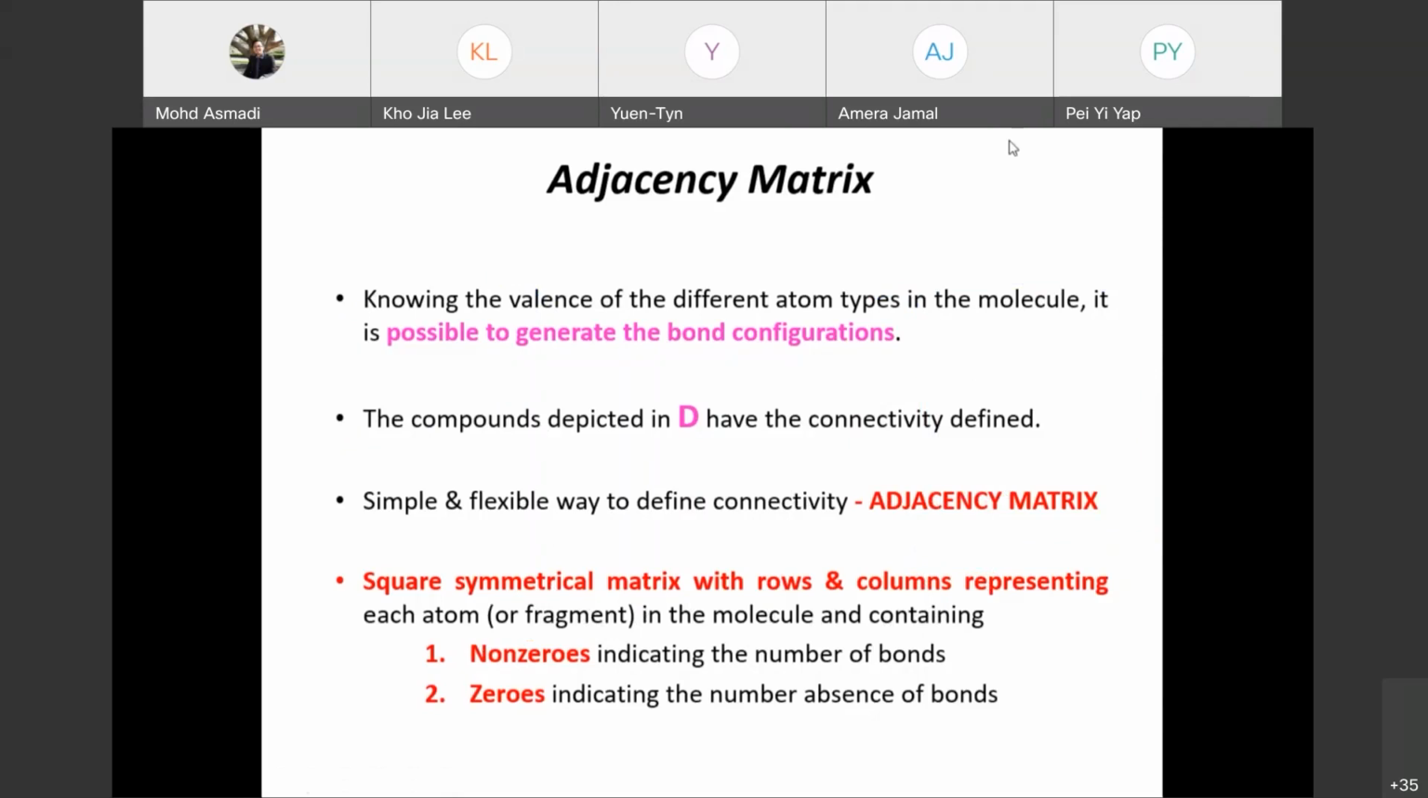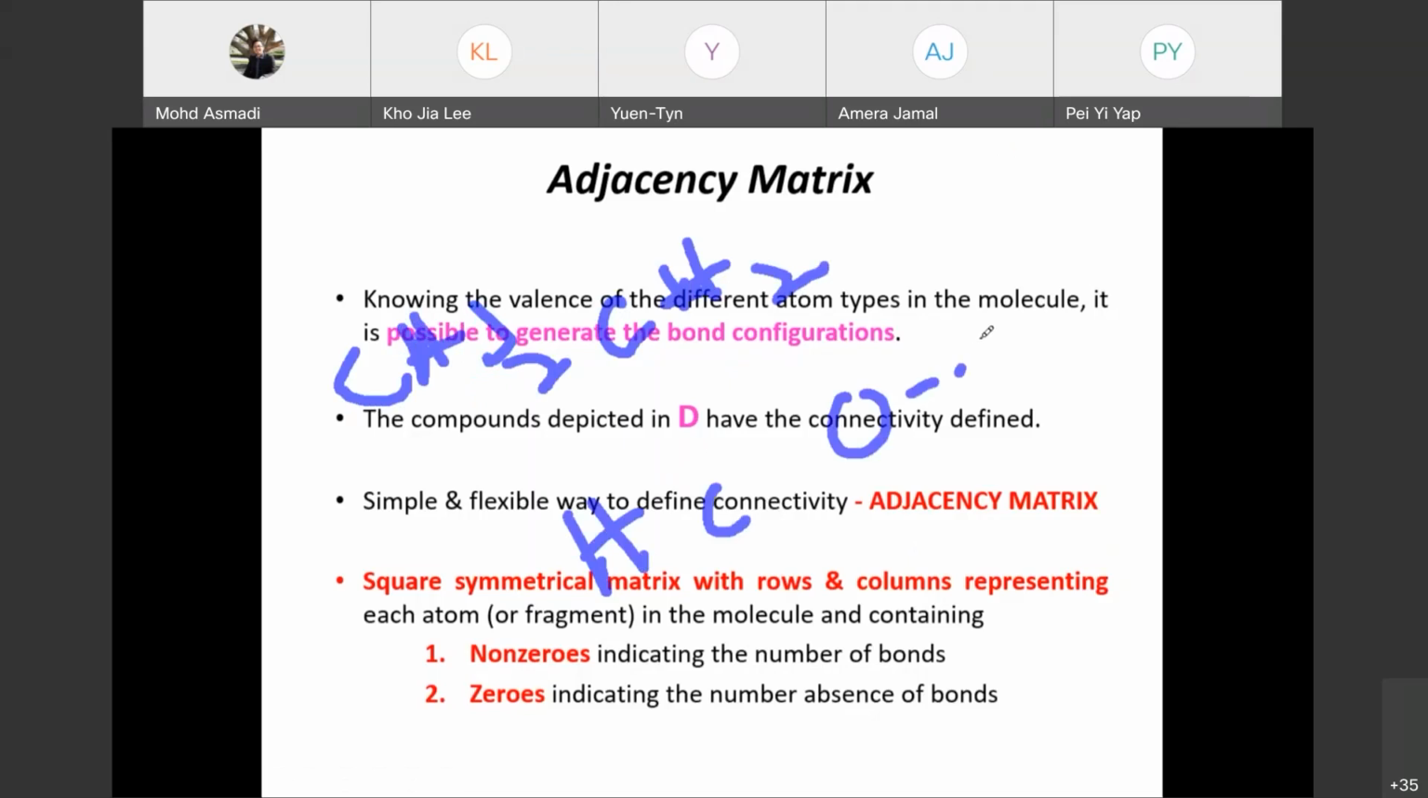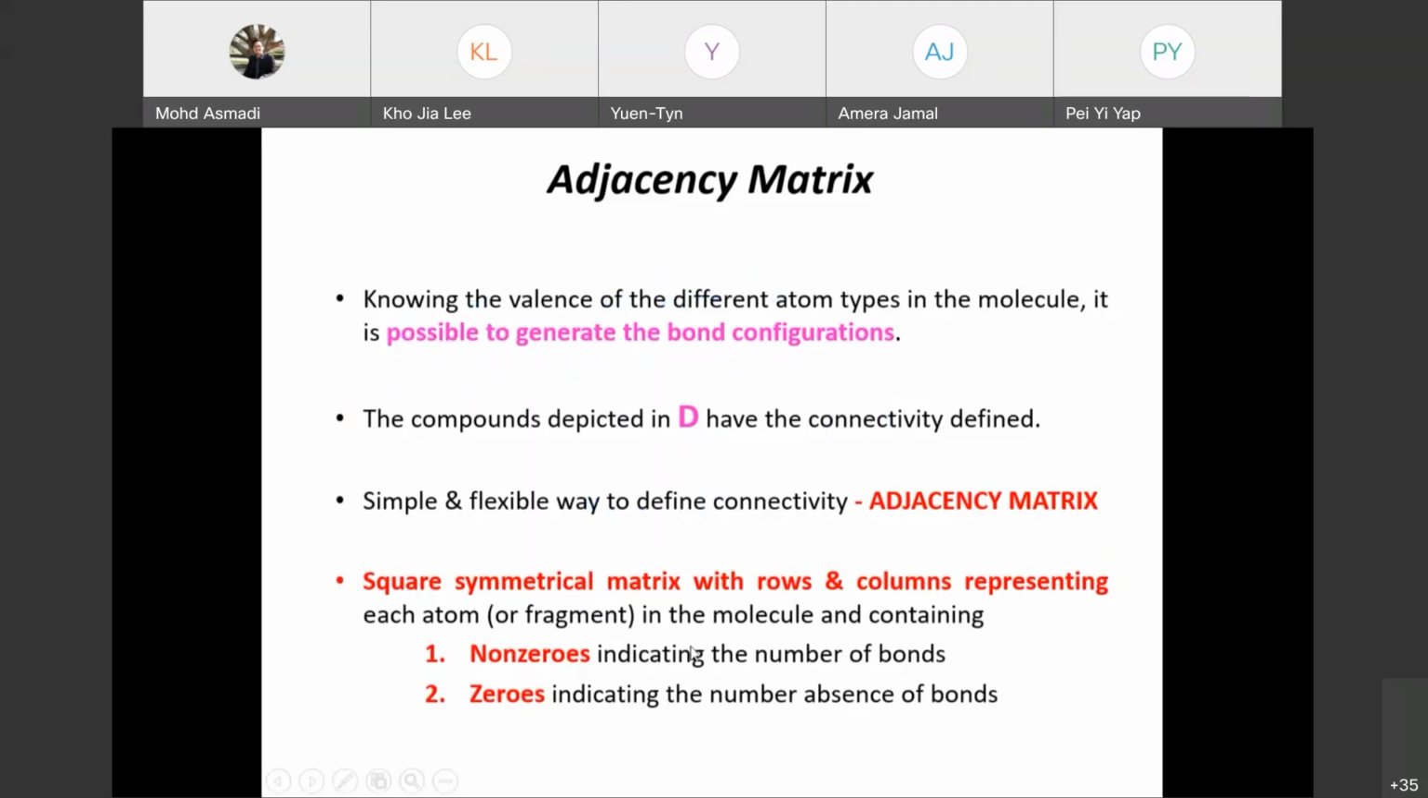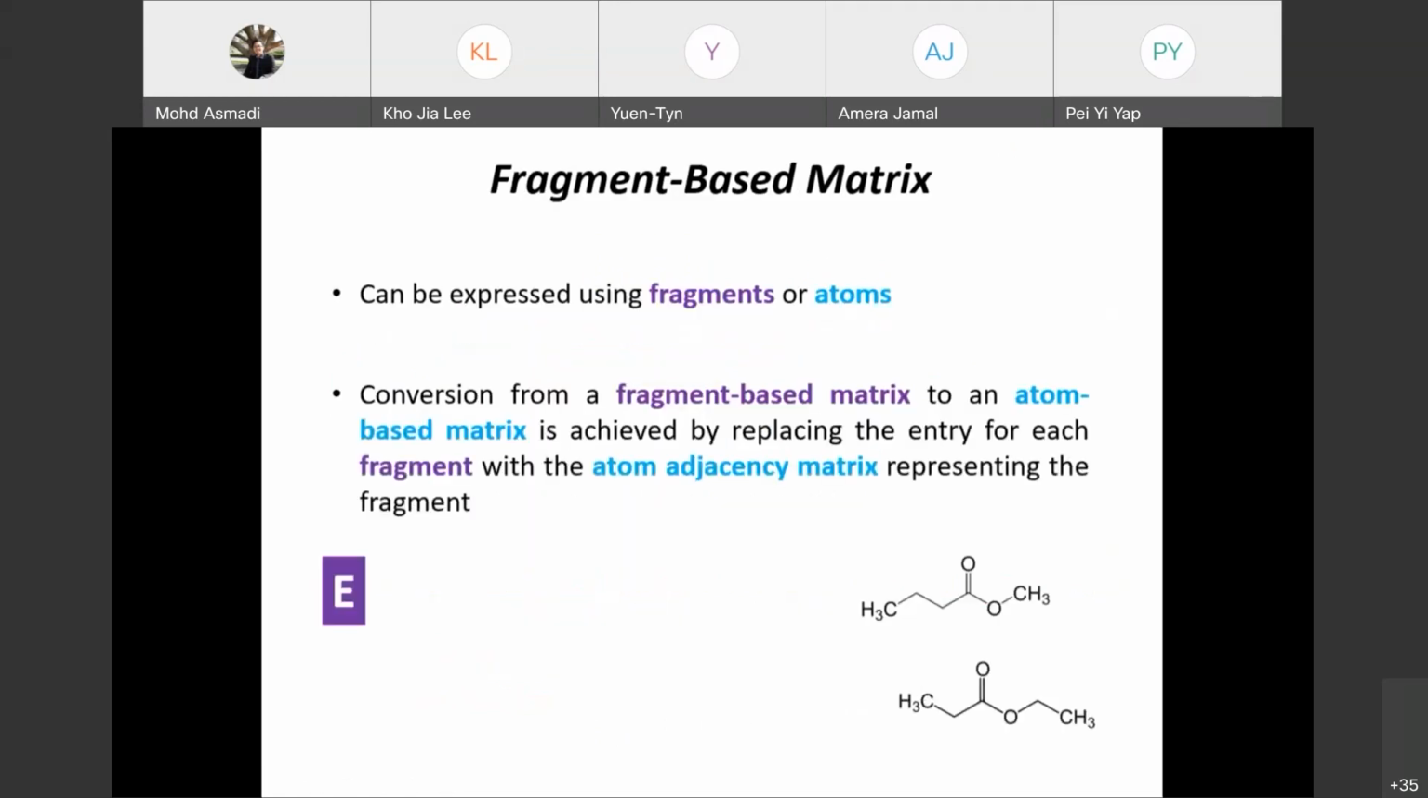A fragment is like CH3, CH2. This one is a fragment. If it is atoms, the adjacency matrix is like H, C, O, and so on. It's more toward atoms. Non-zeros indicate the number of bonds. Zeros indicate the absence of bonds. So you have to remember that. Now, if we present it in terms of the fragment-based matrix,